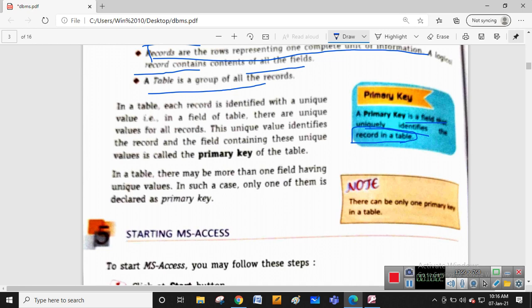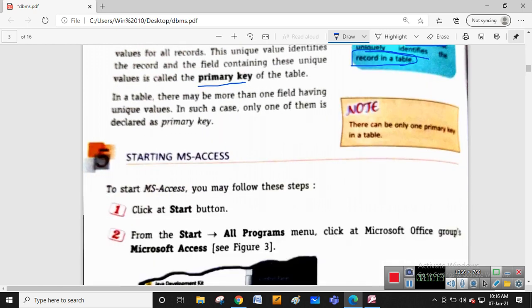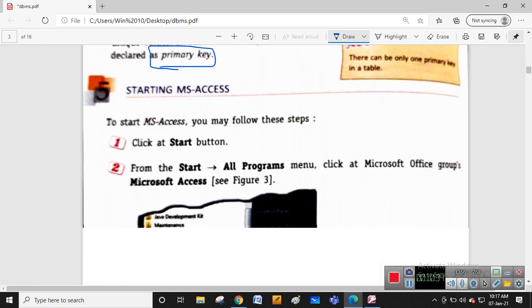Primary key is a unique field which identifies the entire record. In the bank database, the account number is a unique field, or in the case of a student database, the roll number is the unique key. Based on this unique key, we can identify the entire record in a table. Primary key is an important concept inside the database. We have to set the primary key in our table and database, so that it will identify the entire record. You have to set it in the beginning, while setting up your table only.